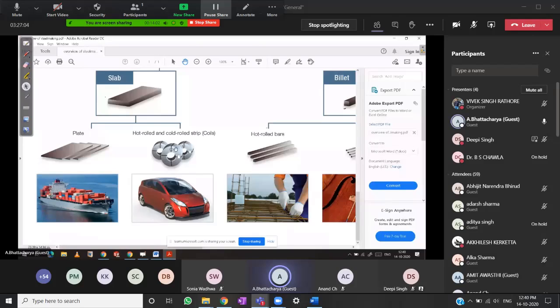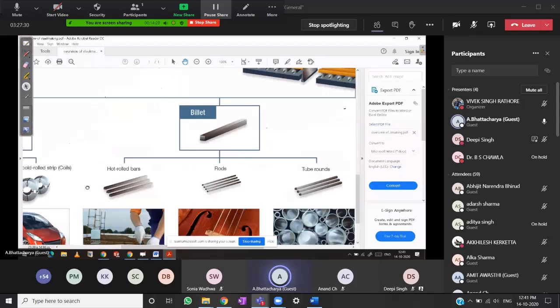Their end uses are plenty. Most important is making automobile bodies or LPG cylinders, your galvanized sheet, then other sheet metal products which you know, and then the next is billet,